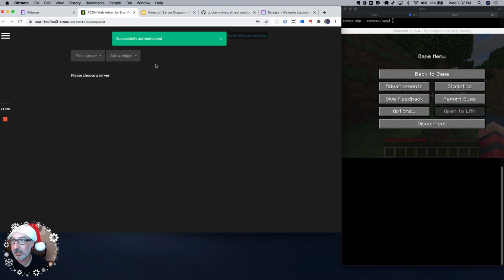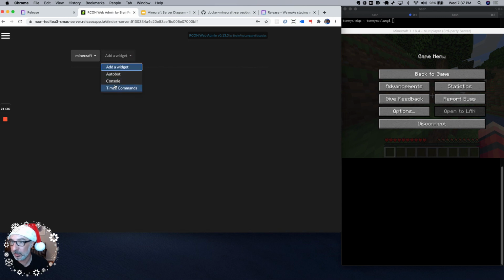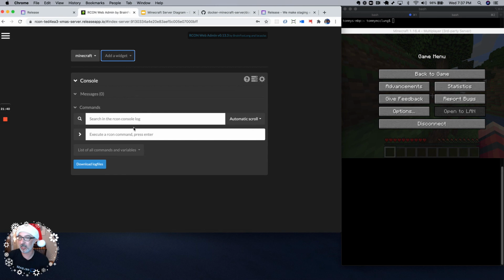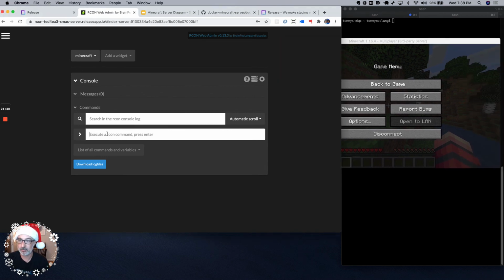All right, so now we're in the Archon Web Administration portal. Click on Minecraft from the servers that you're going to use, and you want to add a widget, and you want to add the console widget. So the console widget basically gives you Archon access over the web. So for instance, if I want to, I'll bring this up so we can see it. If I want to give myself OP access into the Minecraft server so I can manage things locally, I can do that. So let me put my